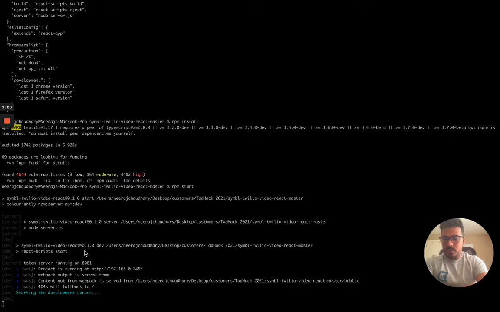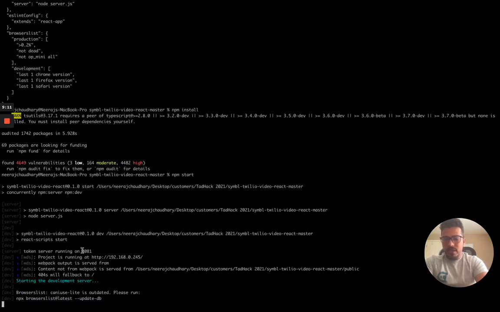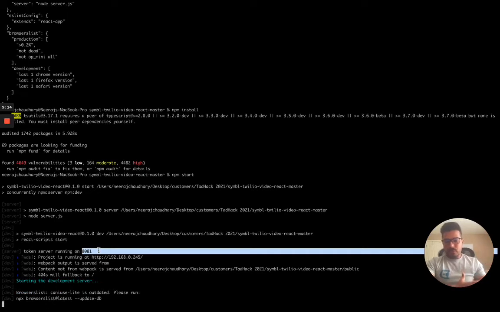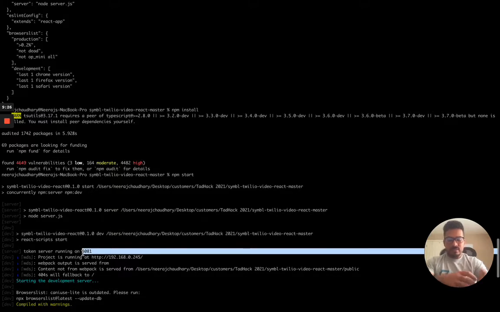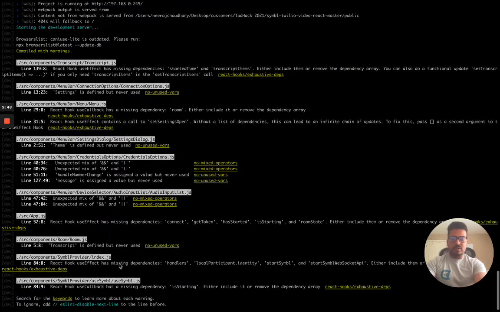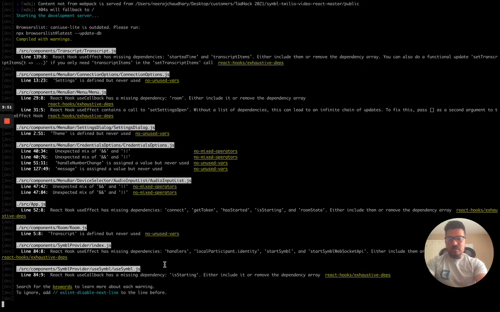There are two things to note here. The first is the token server. You actually need port 8081 on your machine, laptop or desktop, whatever you have. Nothing should be running on this particular port so that the application can run. What the token server does is it holds Symbl's credentials and Twilio's credentials, and if someone joins your meeting room or requires an access token from either of these two platforms, the token server just provides that. That will run on port 8081, and your application will be running on port 3000. So make sure that port is also empty.